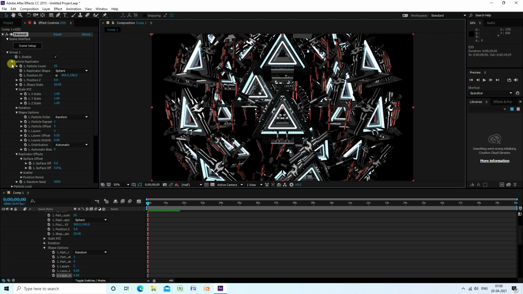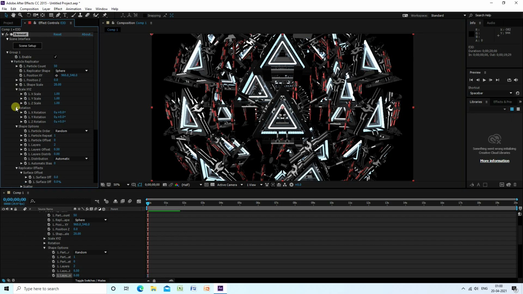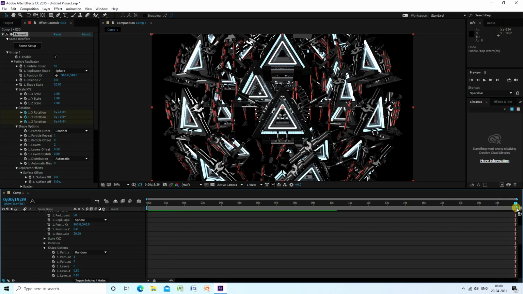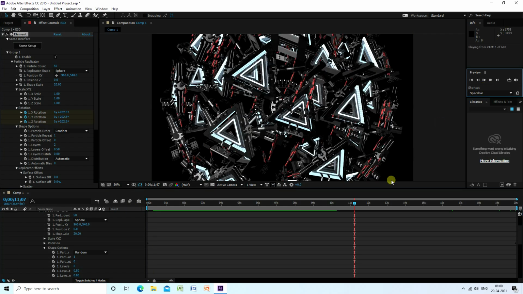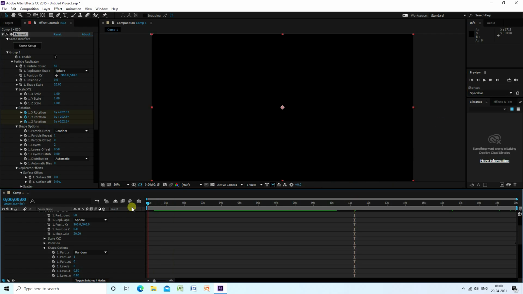Okay, so now go to Rotation. I create a rotation animation, so go to Rotation. Go to 0 frame. See, that's my rotation, and check the rotation keyframes, all checked. And I go to 20 seconds and set rotation like 1 and 1 and 1. Yeah, see guys, that's my keyframe. So go back and preview.